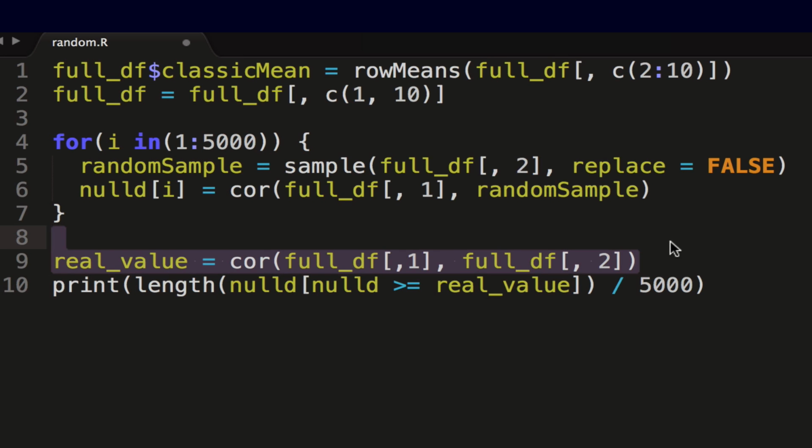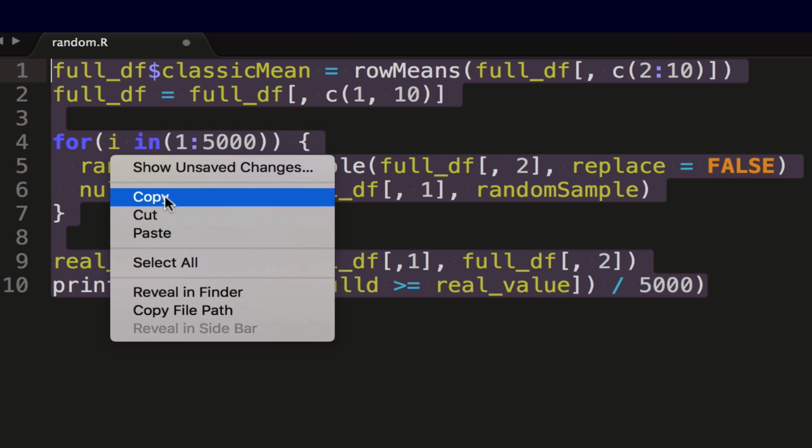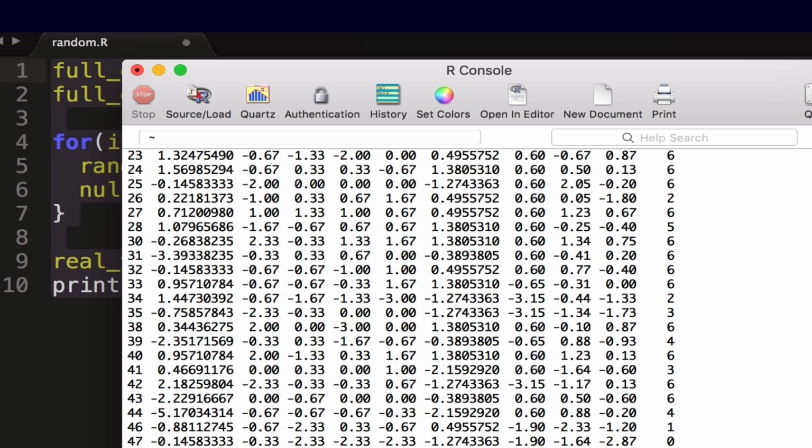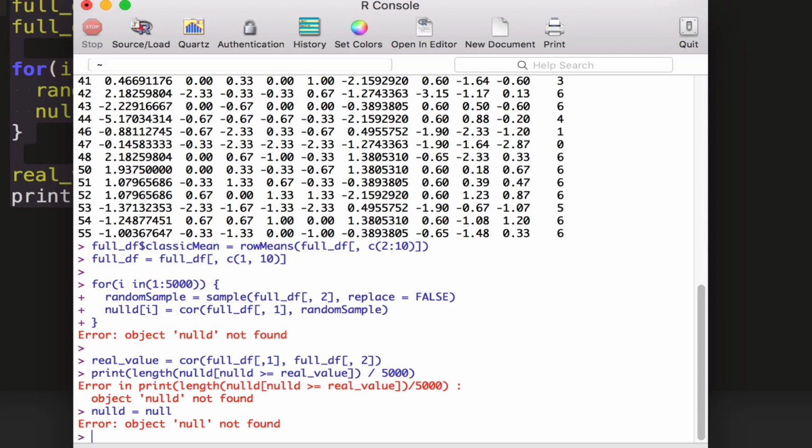But if we run this code, so I'm gonna actually copy and paste it in, it's gonna throw us some errors, because we haven't previously defined what the null distribution is, we need to basically tell it what that name is. So before it creates any values, we're just going to say null d equals null, just so that it knows what it is. I'm just going to set it to an empty vector actually,